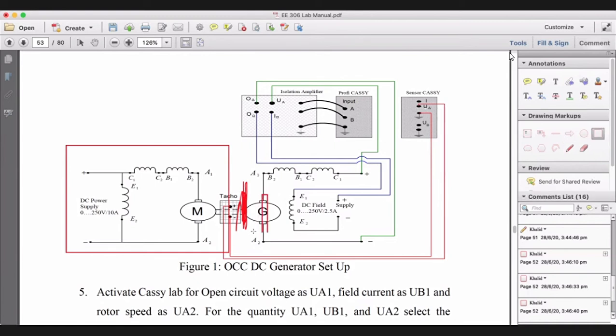But another important thing is that I have another DC power supply. You can see here. Why? I am producing the voltage, but there is a voltage source with which I am giving voltage to the machine. Gentlemen, this voltage is not to produce power. This voltage is to separately supply the field circuit.